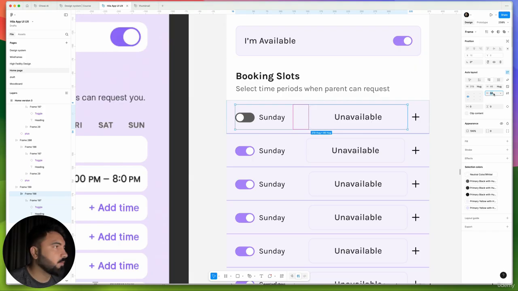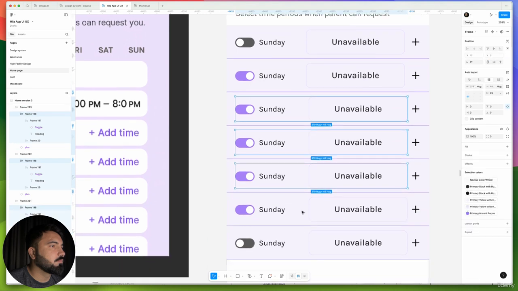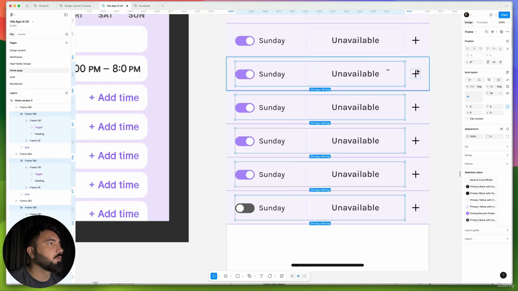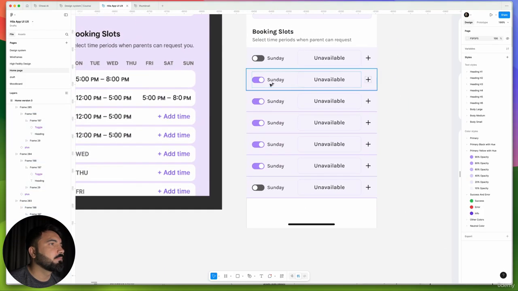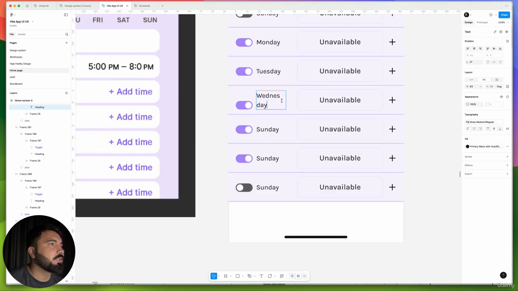Here, copy that, hit enter, and paste. All right, so now if we are adding stuff here, for example Monday, now everything will be fixed here. Tuesday and Wednesday. So Wednesday is